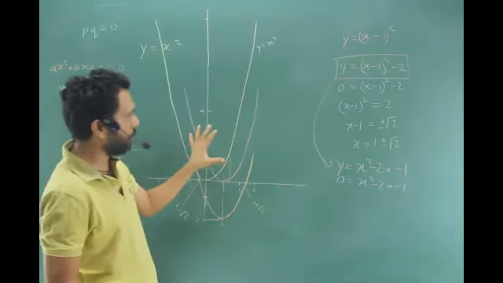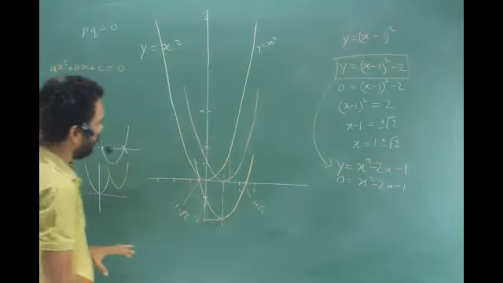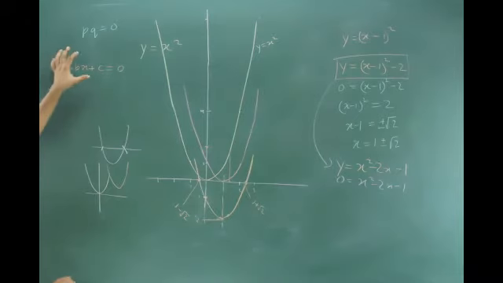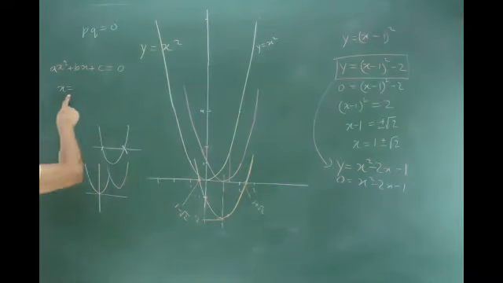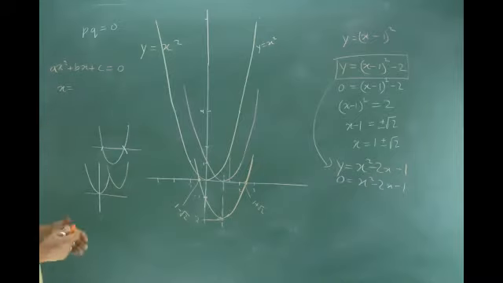If the graph would have gone up, it will not give any roots. So what we are studying right now is visually why sometimes this gives a root, sometimes this doesn't give a root. When will it give you only one value of x? When will it give you only one value of x? Yeah, Tejas. Sir, it'll be the part where the lowermost part of the parabola intersects the x-axis at only one point.